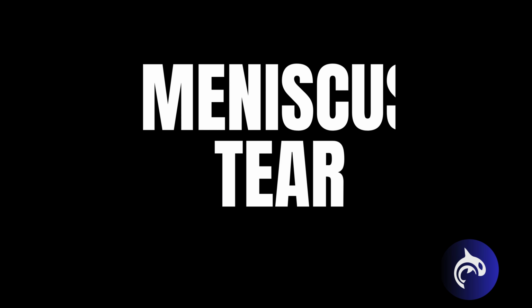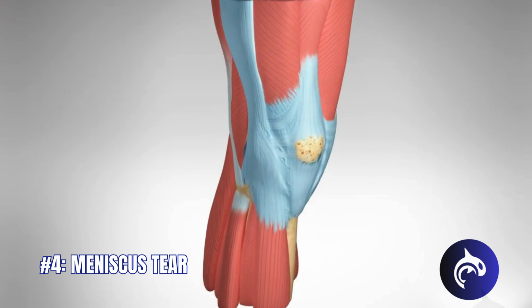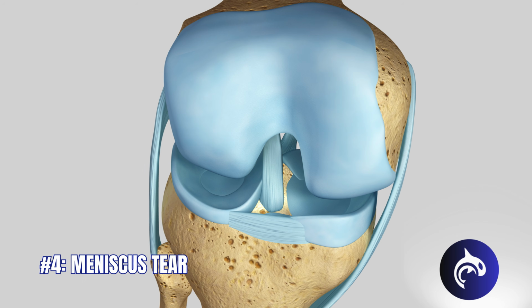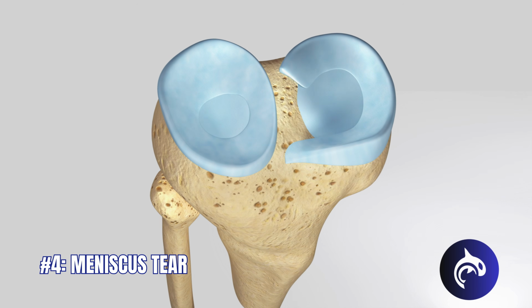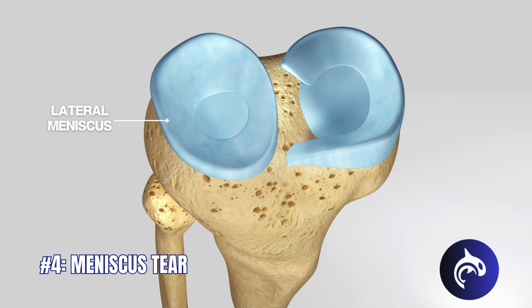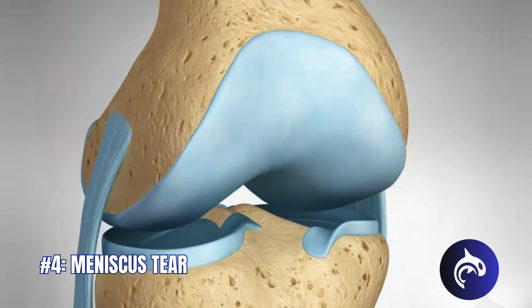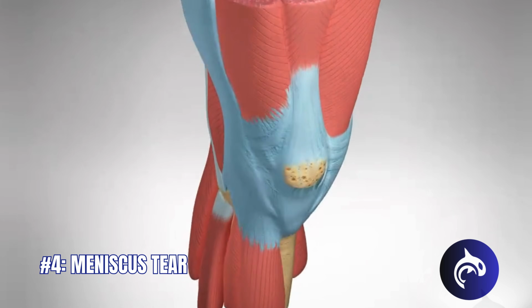Number 4. Meniscus tear. The meniscus is a C-shaped piece of tough, rubbery cartilage that cushions and stabilizes the knee. Each knee has 2. The lateral meniscus is more circular, and the medial meniscus is a C-shape. Both are attached at the front and back of the knee, allowing for mobility, but also making it a structure